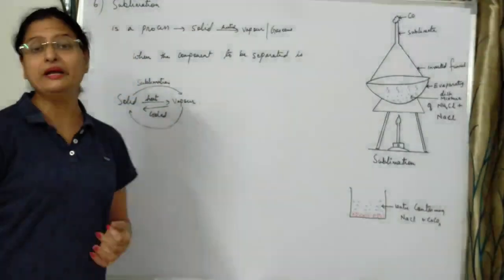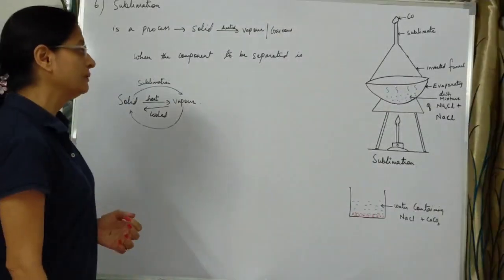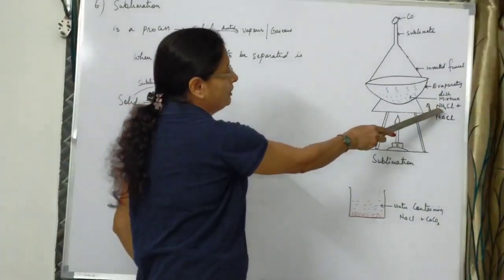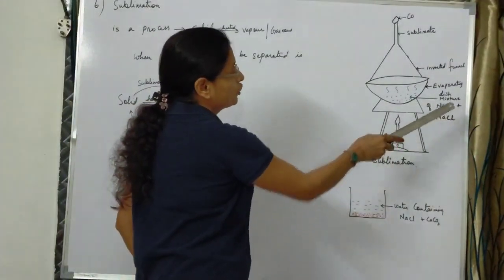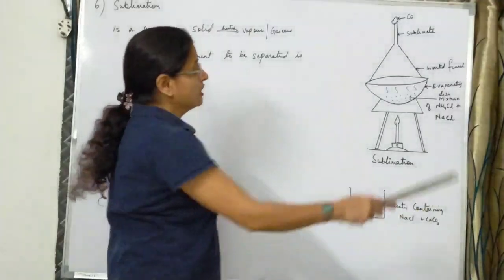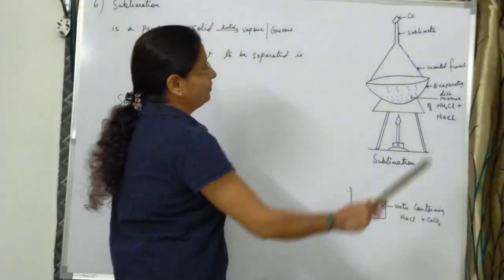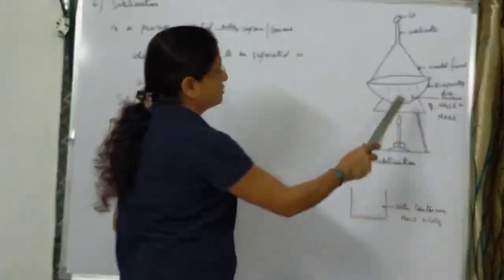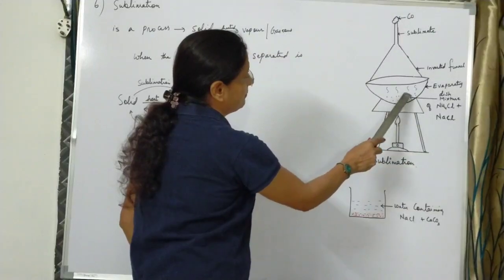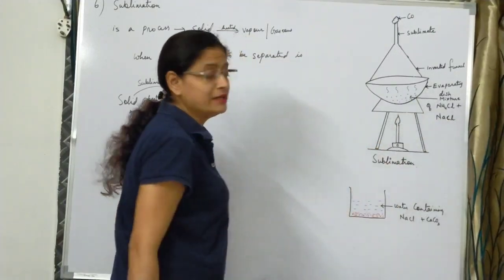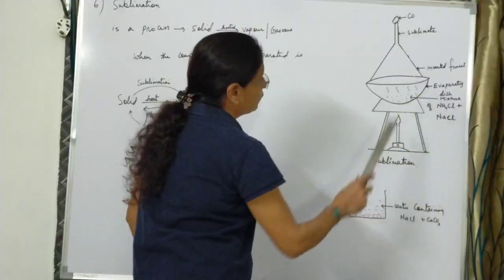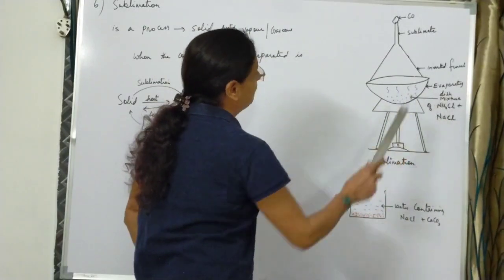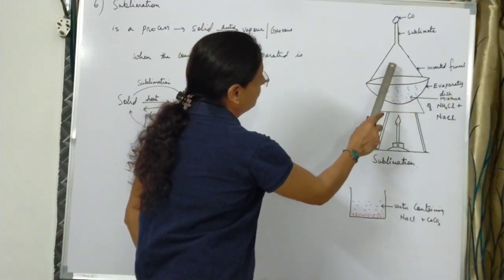Ammonium chloride is one of the substances which is sublimable. Look here, we have taken a mixture of ammonium chloride and common salt. Common salt is nothing but sodium chloride. We have taken a porcelain dish. In this porcelain dish, the blue colored particles are our representation for ammonium chloride, and here there is sodium chloride. Both have been mixed together. When we heat it, ammonium chloride, being a sublimable substance, will form vapors.